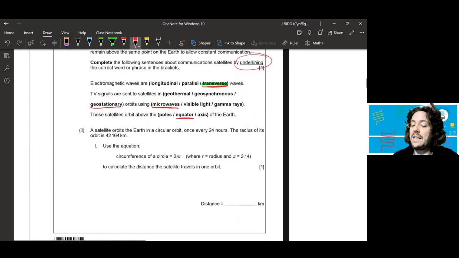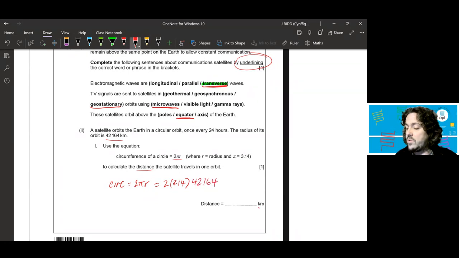Next, a satellite orbits the Earth in a circular orbit once every 24 hours. The radius of its orbit is 42,164 kilometers. Use the equation circumference of a circle is equal to 2 pi r, which you might recognize from maths, to calculate the distance the satellite travels in one orbit. So the circumference is equal to 2 times pi times r, which is 2 times 3.14 times r, the radius, which we're told is